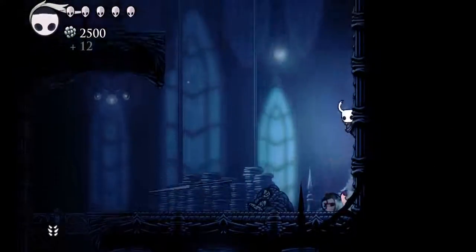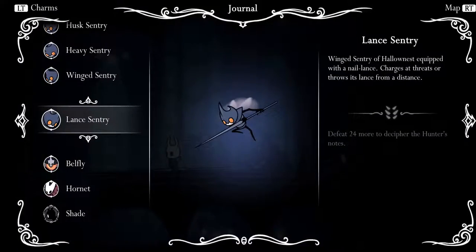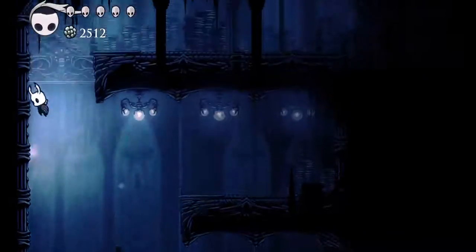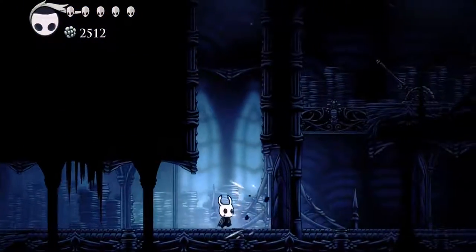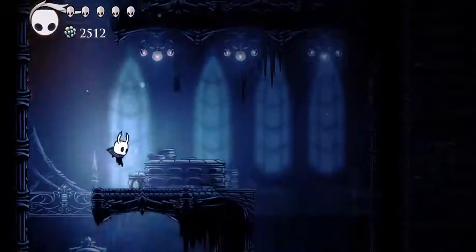Oh, that's a new enemy actually. That's the Winged Lancer, if I remember correctly. Lance Sentry, close enough, whatever. They're quite annoying. They kind of swoop attack you. And then they'll throw their spear sometimes, which is really annoying. That's one of the most annoying attacks in the entire game. Aside from